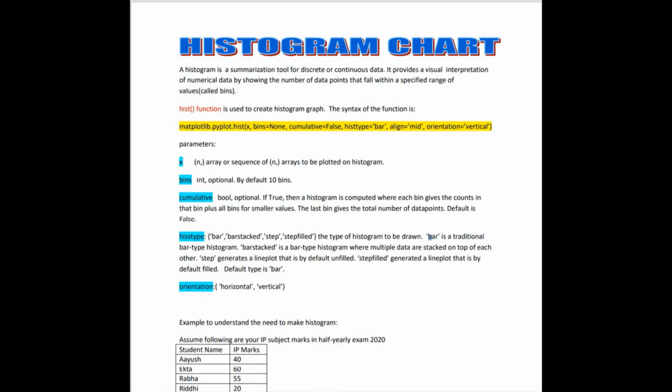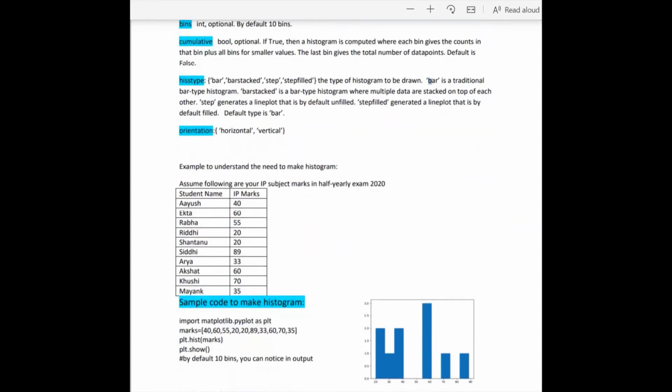The theory will be clear with an example because it's a conceptual thing. So let's focus on an example. Assume these are your marks in the half-yearly exam in the subject IP. If I have given you the data, this is continuous data. But if I ask you, how many students have obtained marks in the range 0 to 33? Then, observing the data, you will say 3 students from 0 to 33,